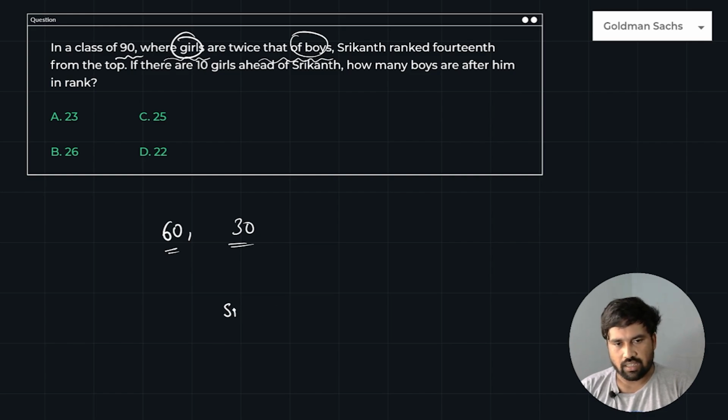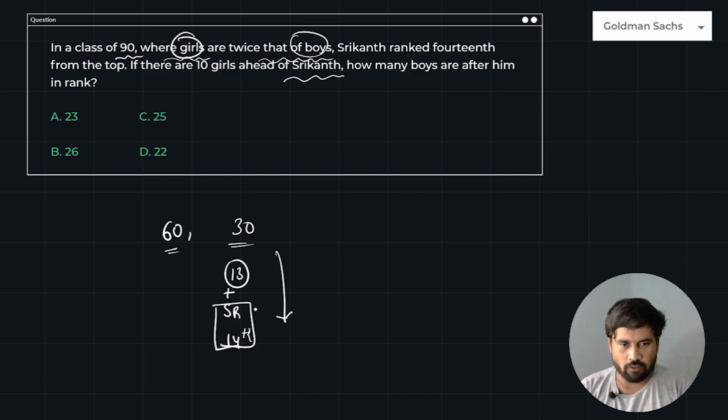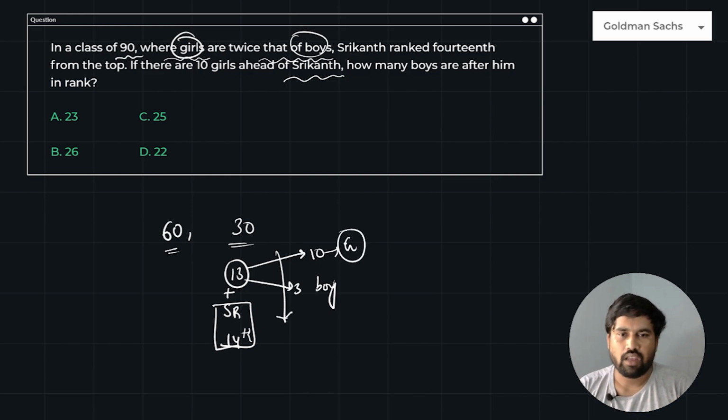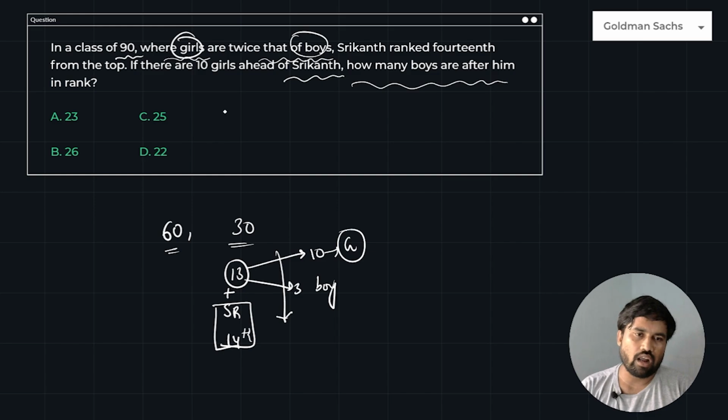And Srikanth is ranked 14th from the top. Okay, if there are 10 girls ahead of Srikanth. So guys, if Srikanth is in 14th place, can I say there are 13 people in front of Srikanth? Yes. And out of these 13 people, 10 people are girls and 3 people are boys. Why? Because if 10 people are girls, obviously the remaining 3 people are boys. Then how many boys are after him in the rank? So after him means